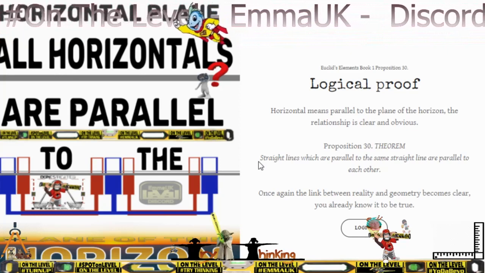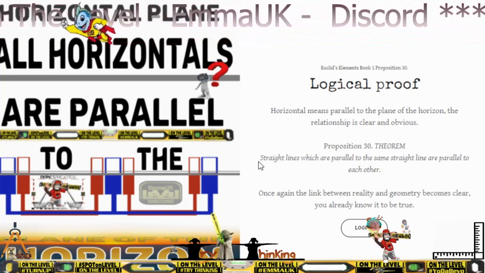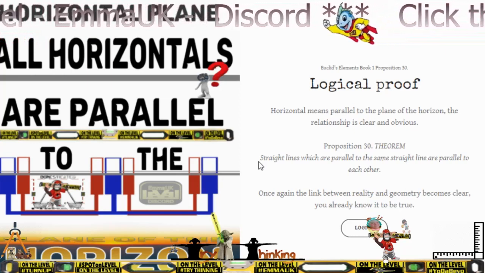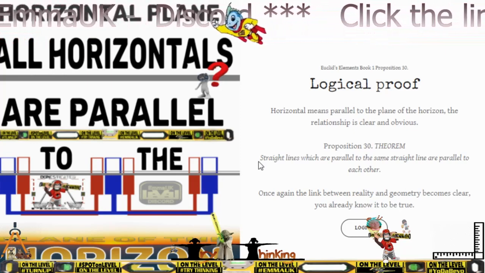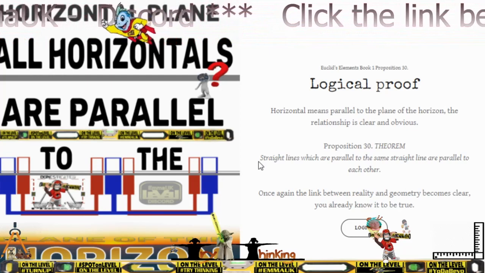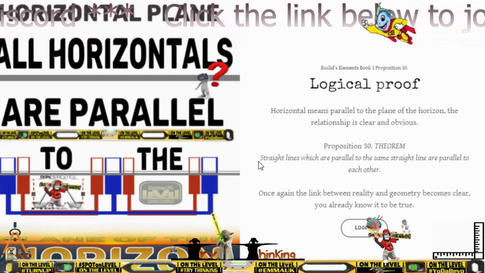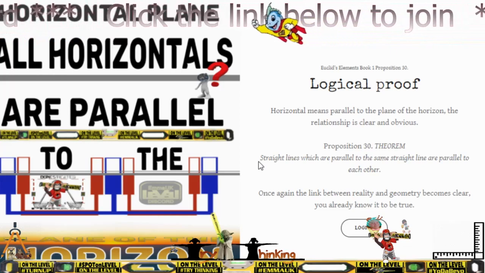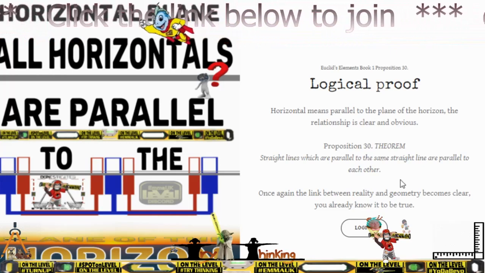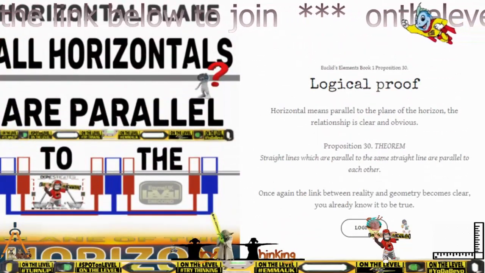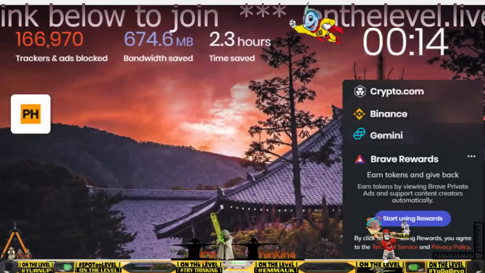It would just be a straight line, wouldn't it? A plane is a straight line, right? A plane is not a straight line. A straight line would be all straight lines on the plane. Yeah, so not all lines are parallel. So therefore, the way you're determining the plane of the horizon is going to determine if it's parallel with the horizontal. Okay, well, I'm just going to do a